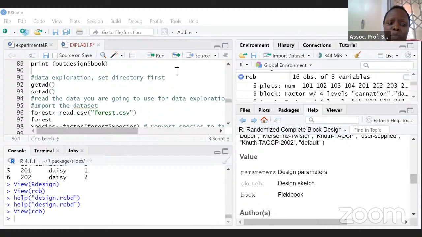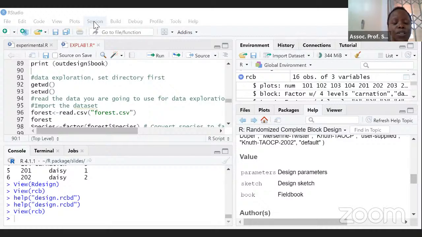Now we are going to do some exploration. You remember Dr. Helen showed you exploration of a data set that comes from the survey section. How about if we have an experiment data set? So that's what we are going to do right now. Okay, so what I'm saying is that we are going to go to session window. So the easiest way to set our working directory is